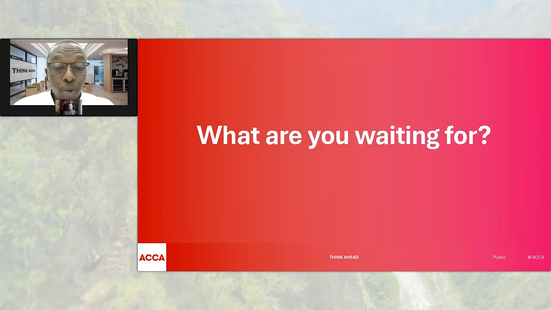So we've got a question here as to whether someone can write 2 subjects or 2 exams in one exam sitting. The answer is yes. You can do 1 or 2 or more exams. The only limit we have is that you cannot do more than 8 exams within 1 year. So if you have the time to prepare for more than 1 exam and the ability to ensure that you pass both, please feel free to go ahead.